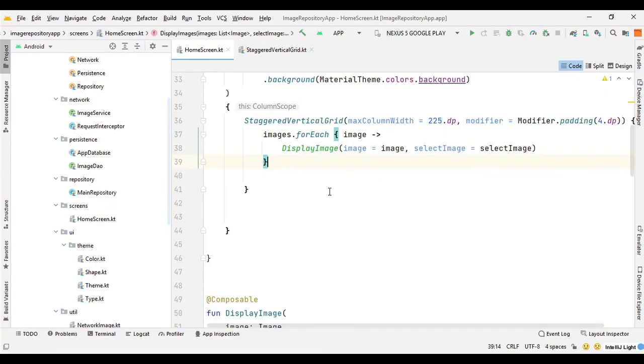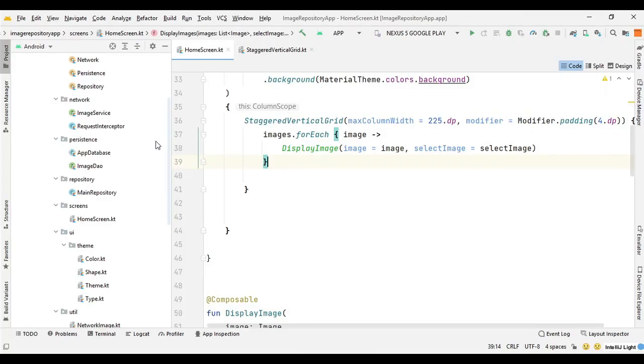Also in view model, we convert an app's UI data into encapsulated live data and add observer methods that are notified when the value of live data changes. So this view model will be associated with the main screen, which we will create afterwards.